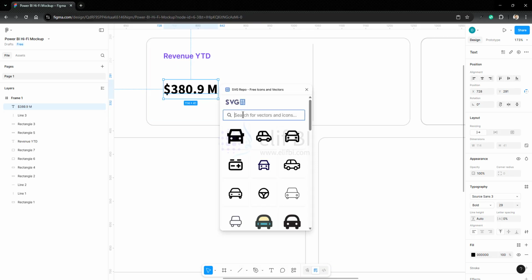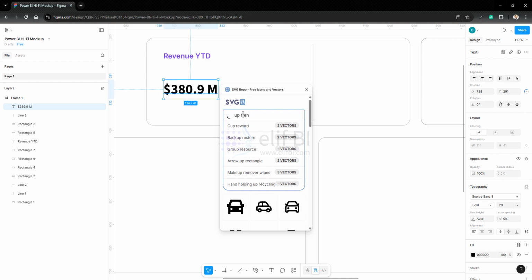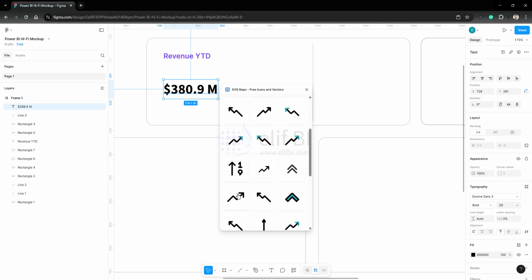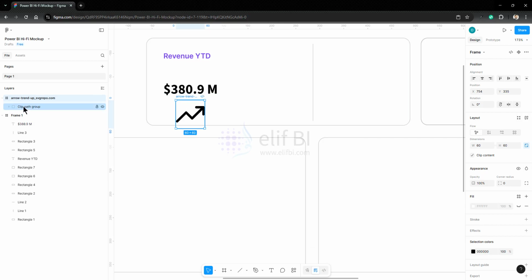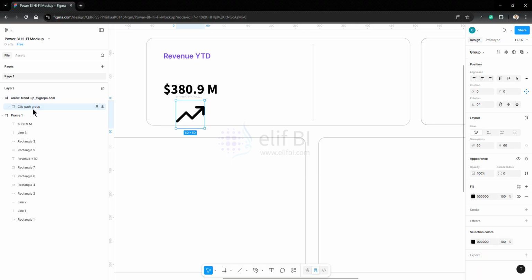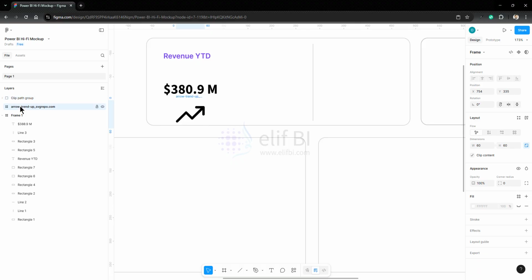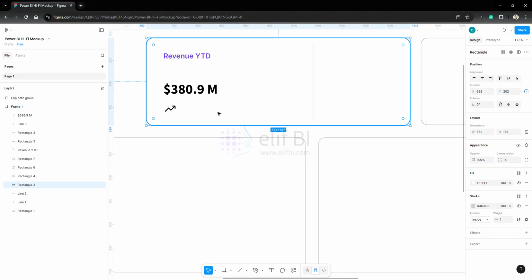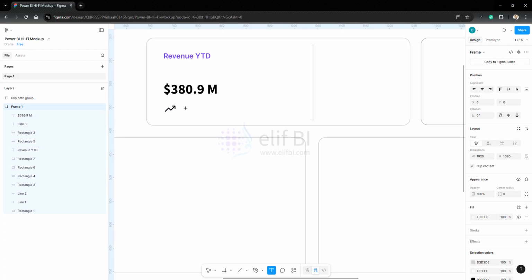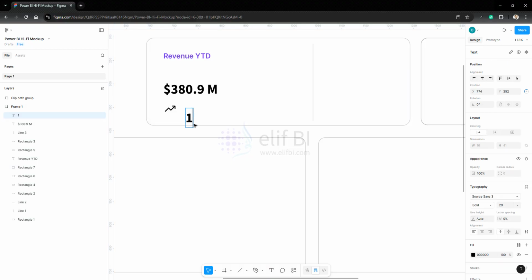We're going to bring in uptrend, this one, and first let's take this out from the frame. So select it, take it out from the frame, delete this one, and set its aspect ratio, make it something like this, and then you're going to bring in another text, let's say 12.1%, and this one is going to be